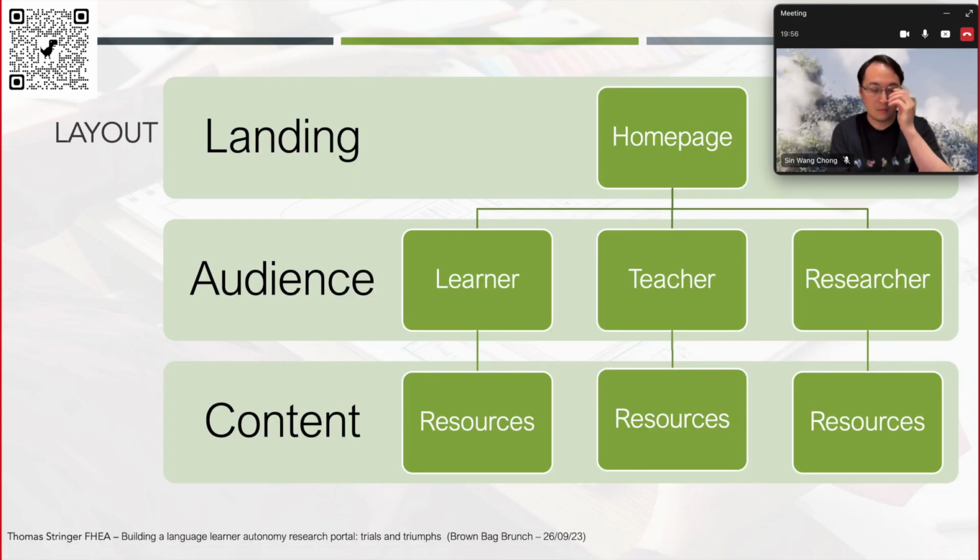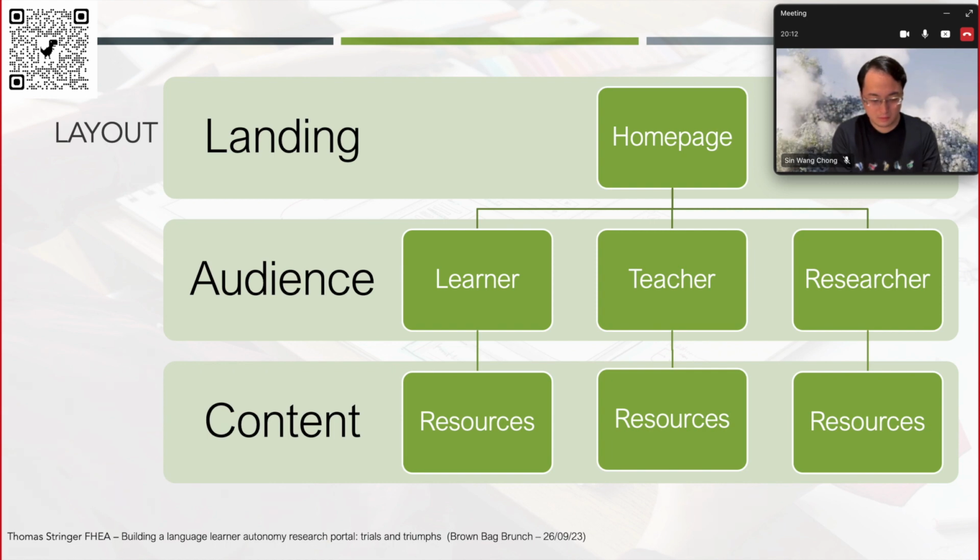Okay. What I've come up with so far is I started with a very basic landing page. That was the first thing that I made. And then at first I just put all of the information that I wanted on there. And then I started thinking that, well, that looks a bit messy.